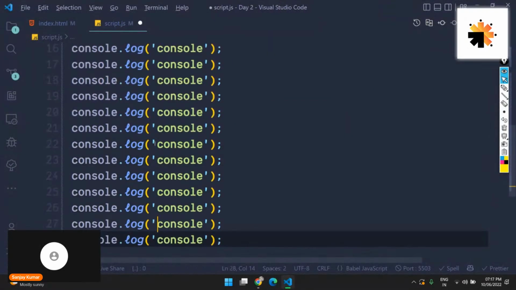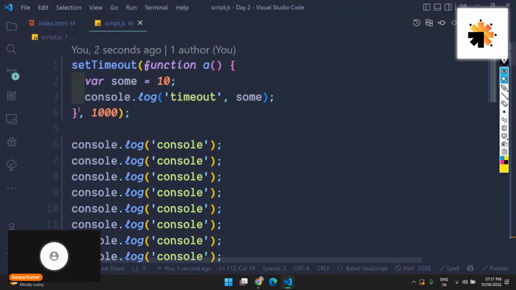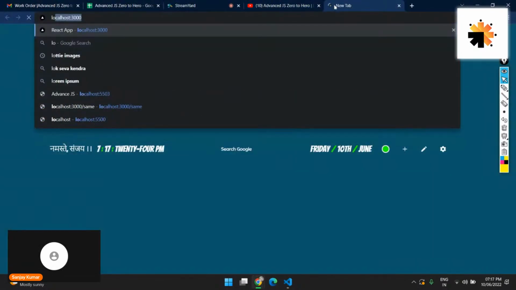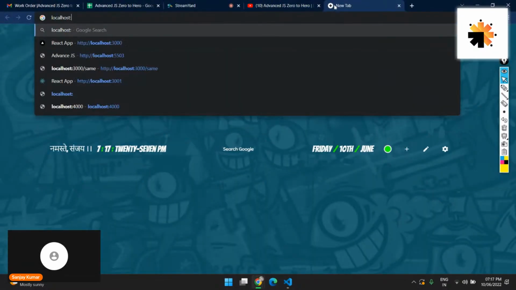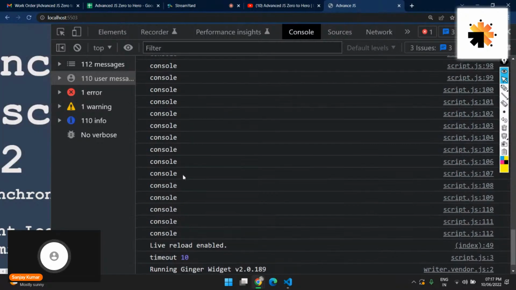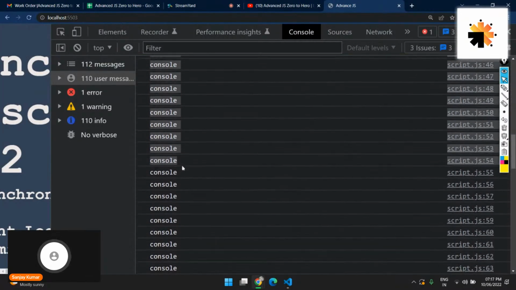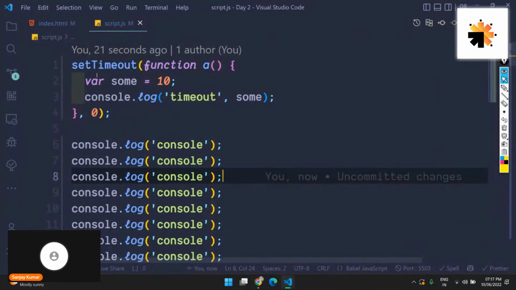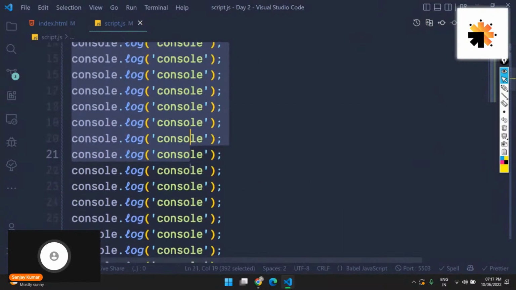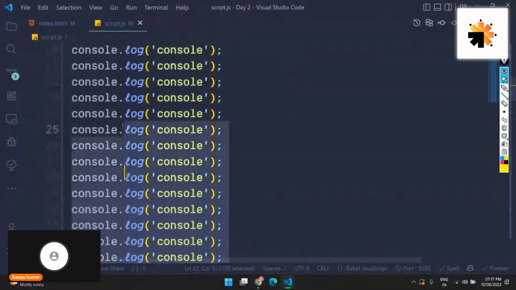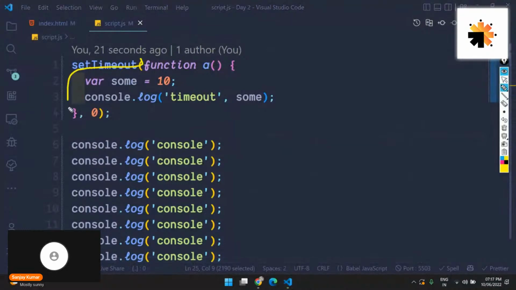Let's just do that. Here I'm making 100 lines of code, and if I execute, the set timeout, which was waiting only for 0 seconds, will be executed at the last. If I go into the console panel, you can see we got all the consoles, and at the very end we got the set timeout, because the event loop was waiting for the whole code to be completed first, and as soon as the whole code inside this execution context got completed,